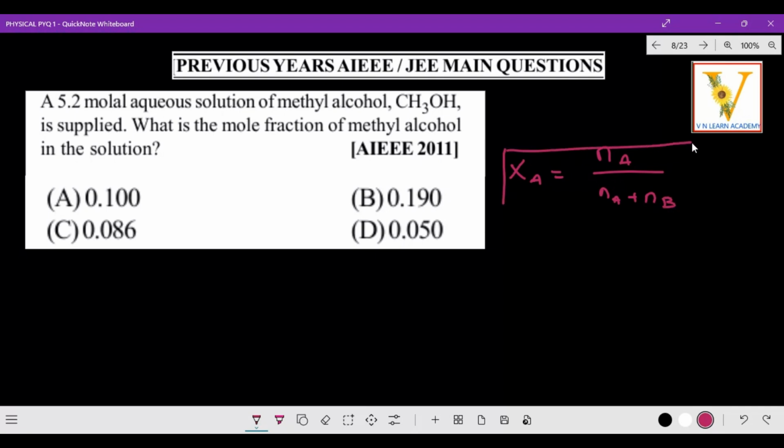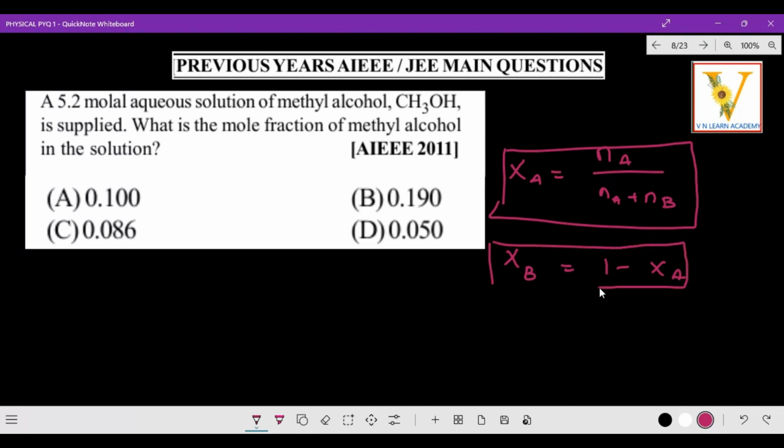So this is the component A. Two components will be there: one is methyl alcohol, the other is the water molecule, right? It is a solution, no? So chi A. Now chi B also we have to identify. So chi B equals 1 minus chi A. Why do we go for 1 minus chi A? Because if you calculate both, the sum will be 1 only. So if you find chi A, then chi B is 1 minus chi A, and you get the answer for chi B, right? That is the mole fraction formula.